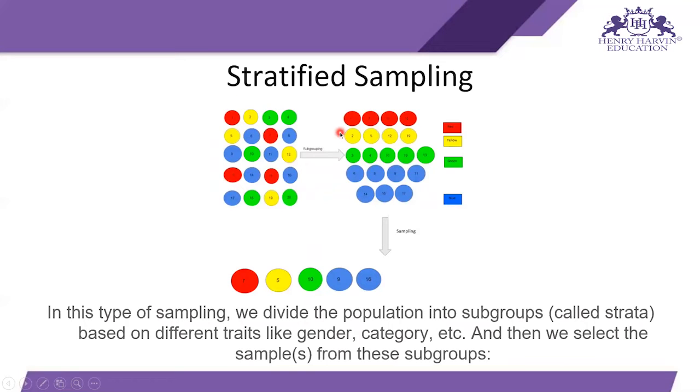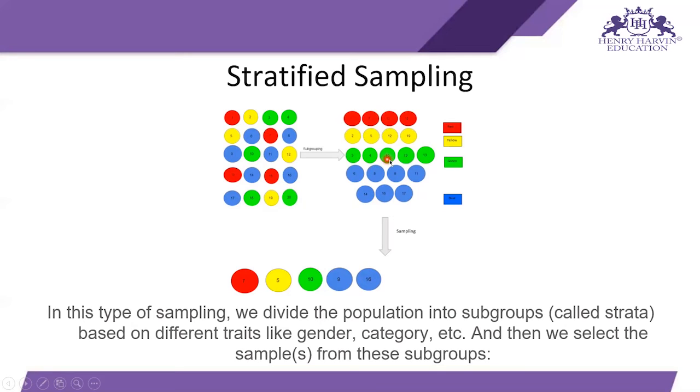What I do first is organize all the data points according to their color. Let's say this color is a trait. If we have a population data set, then I can make groups according to their gender or according to their age groups, like adult, small, or old age. So something like that, I make 4 groups, and from those four groups I collect the 5 sample data points by their ratio.